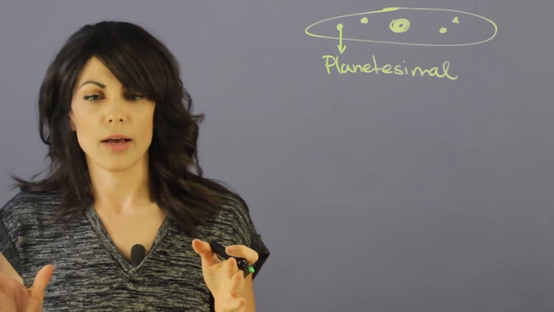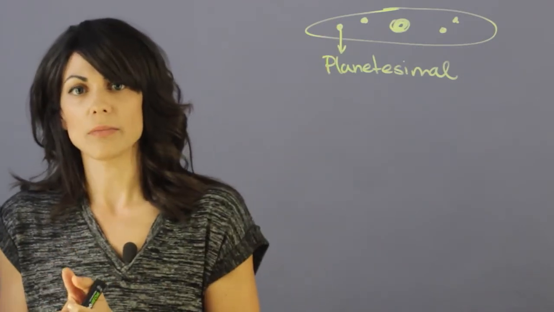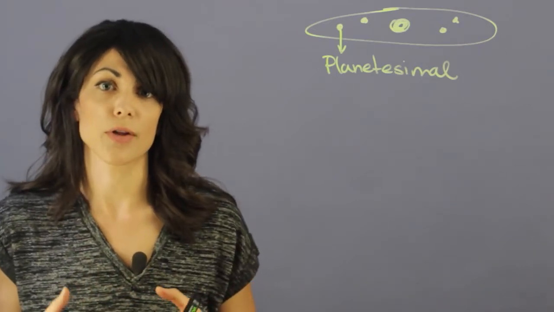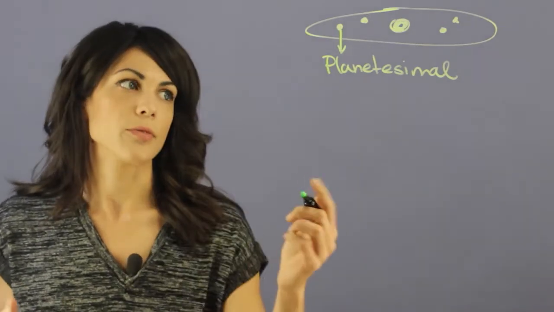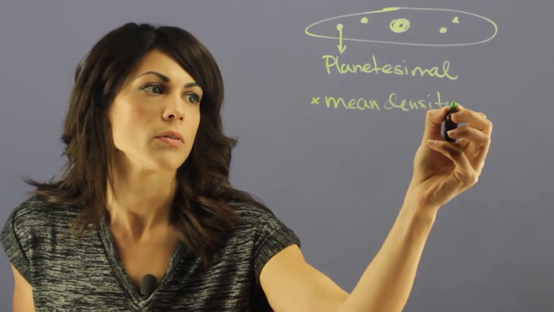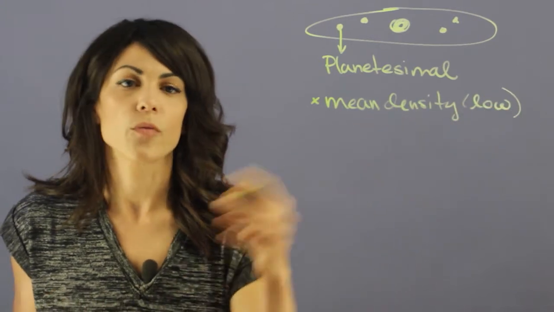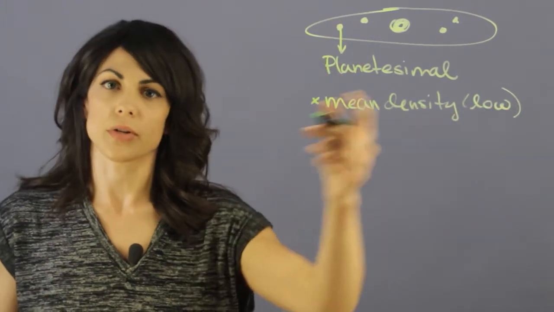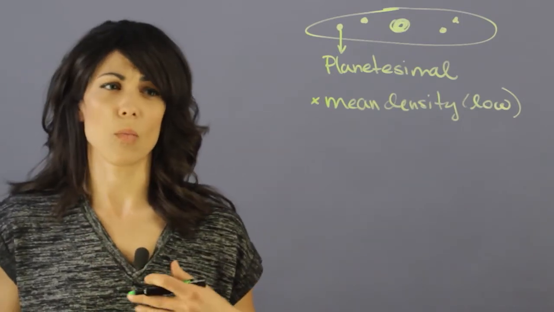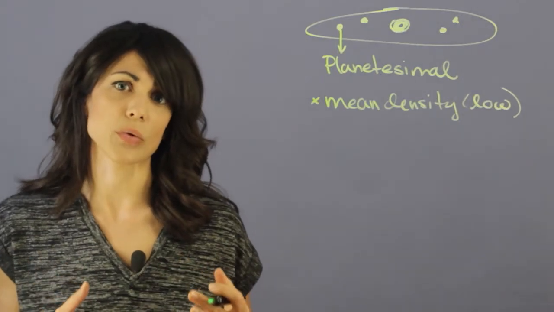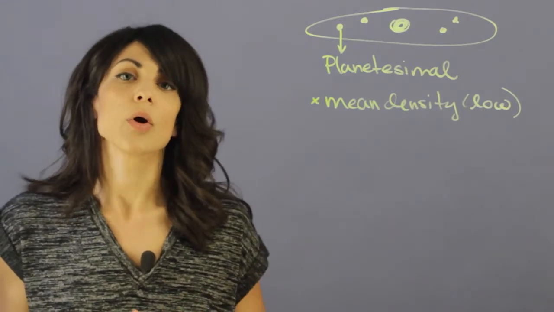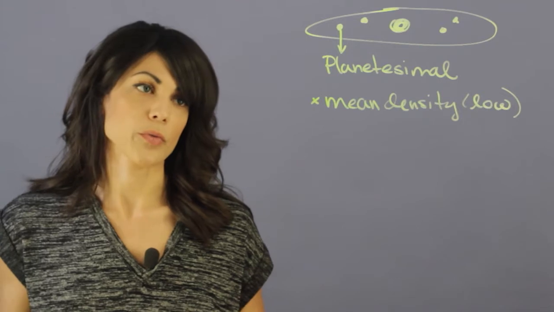So generally, this planetesimal clearly happened far away from the Sun, and one of the reasons that we can tell that is from the mean density of Neptune. Neptune actually is not a very dense planet. It's very diffused, actually. So the mean density, because it's low, we can tell that it formed in the outskirts. It sort of collected all the gases. That planetesimal started accreting all the gases once most of the gas had left the solar nebula, but not all of it. So it was able to become a gas giant still, but not as dense as Jupiter and so forth.